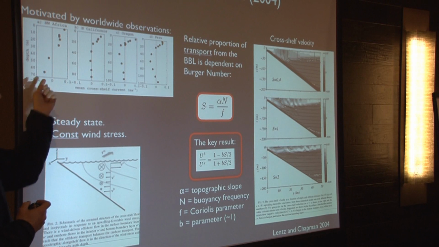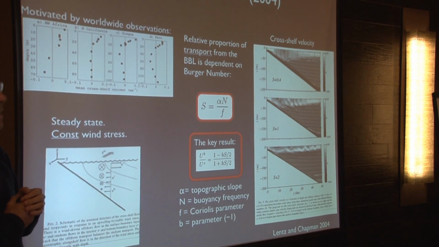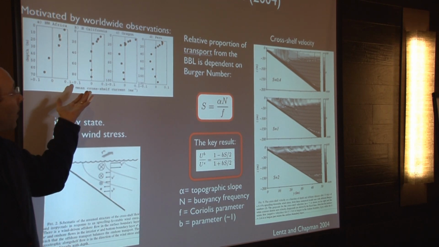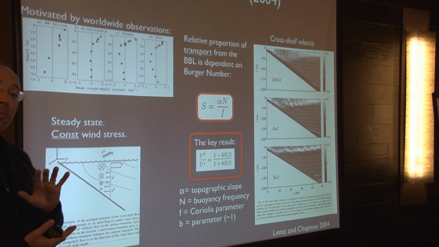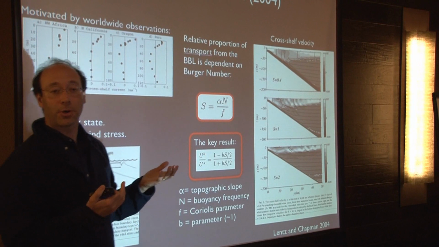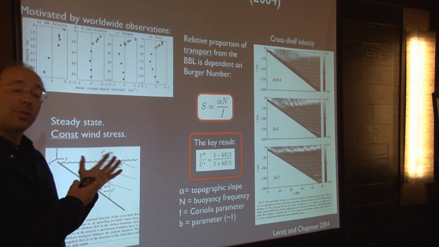But there is variability in the depth at which that cross-shore transport happens. But is that reflecting some important difference in the circulation? Well, they would argue, and I would argue also, that what this is actually reflecting is this change in the parameter S, which is what's referred to as a Burger number, and it represents a physical change